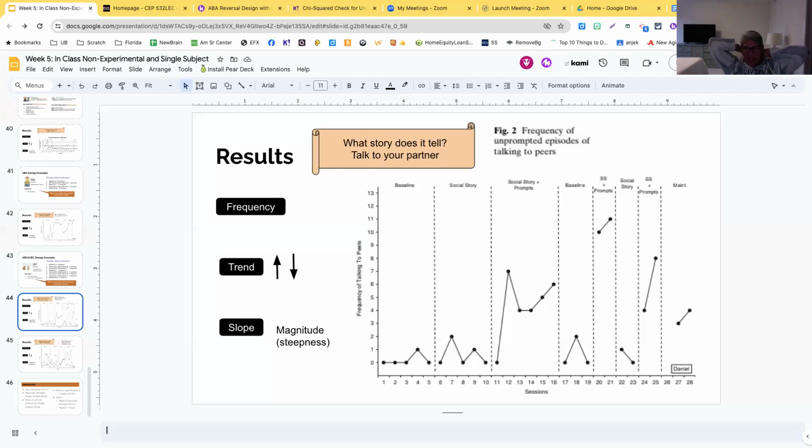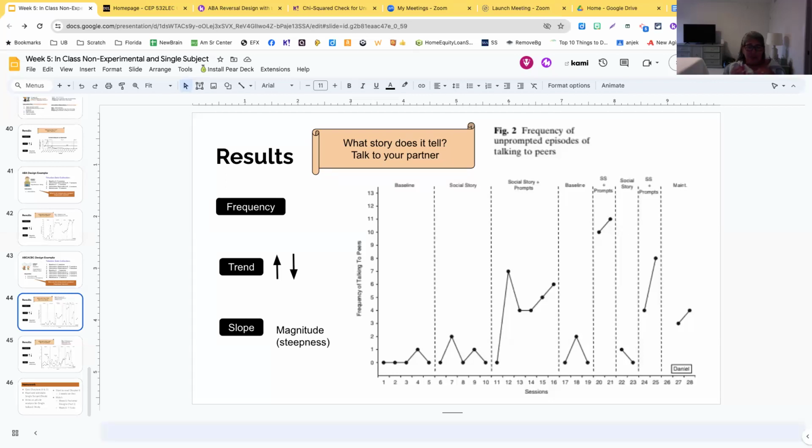We can't run an inferential statistic test, no chi-square, no t-test, nothing. So this is a different kind of generalizing. This is more of an application where we're saying this applies to other students. So I look at this information and I have a little guy who doesn't talk and I want to encourage him to talk in my class, I might look at this data and say, oh, I'm going to try the social stories with prompting. Do you see how I can generalize to my own situation,